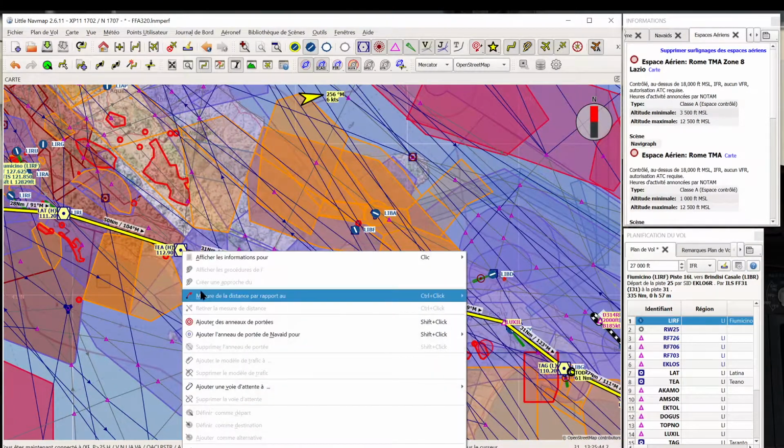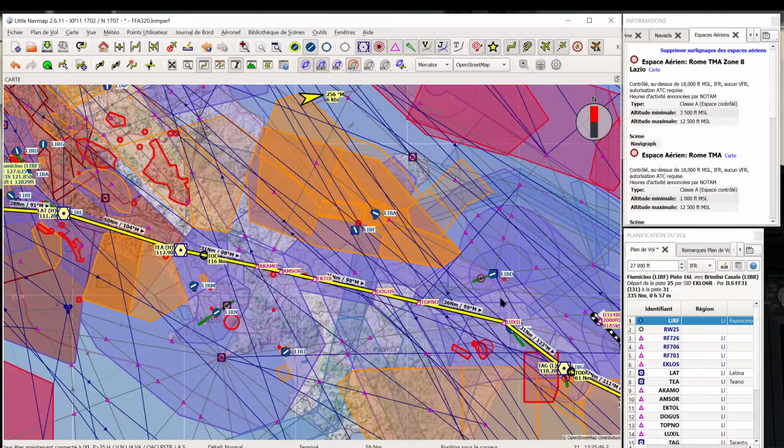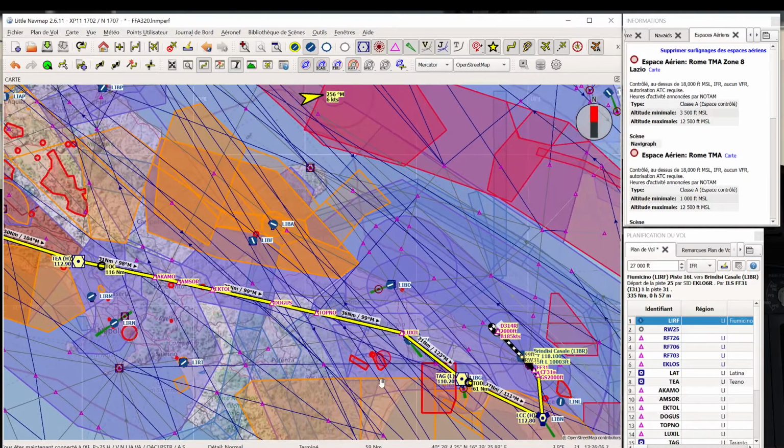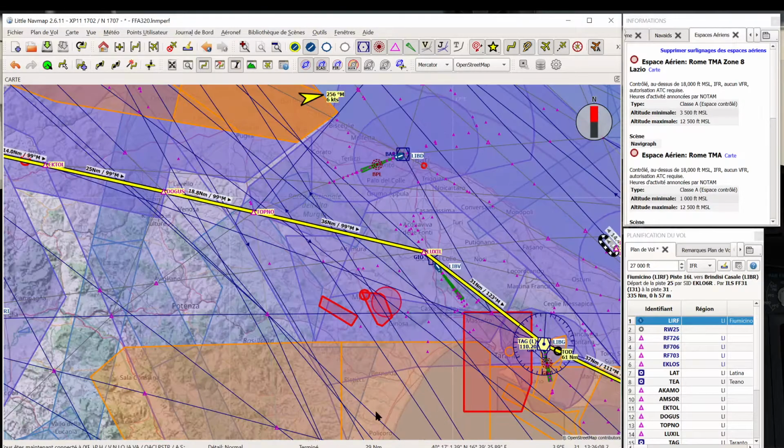So VOR Tiano till LUXIL is 135 nautical miles,